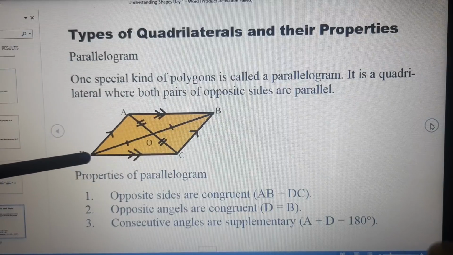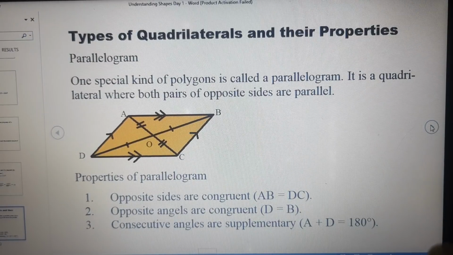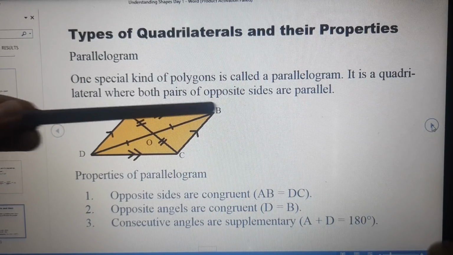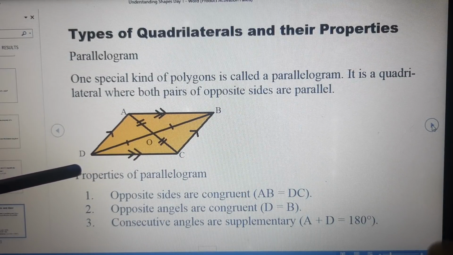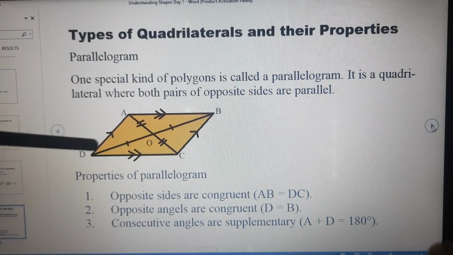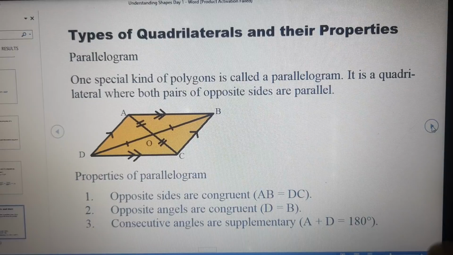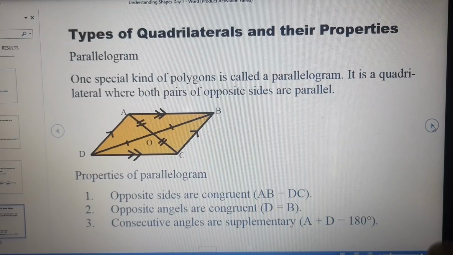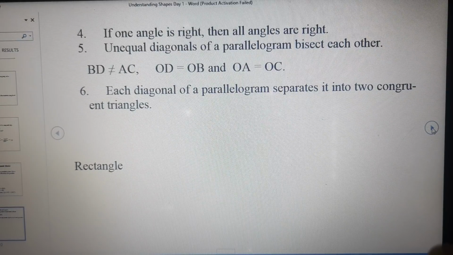Opposite angles are always equal. Angle D will be equal to angle B. Angle A will be equal to angle C. Are you getting it? And all the properties of parallel lines will exist in this. Means AB is parallel to CD. So angle A plus angle D is equal to 180 because they are co-interior. Likewise, if we take this pair, AD and BC are parallel to each other. So angle D plus angle C is equal to 180 degree. It means two adjacent angles will always be co-interior angles. That is why their sum will be equal to 180 degree. Diagonal property is very, very important. Diagonals are not equal, but they bisect each other.